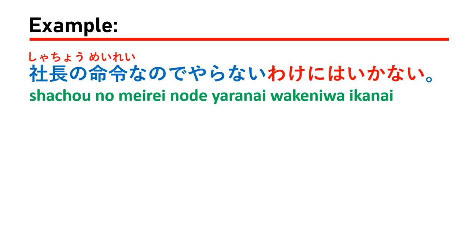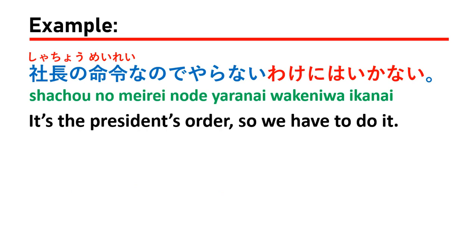The next example, 社長の命令なのでやらないわけにはいかない。Which means it's the president's order, so we have to do it. You will see that 社長の命令なのでやらないわけにはいかない. It is because your company president or your CEO